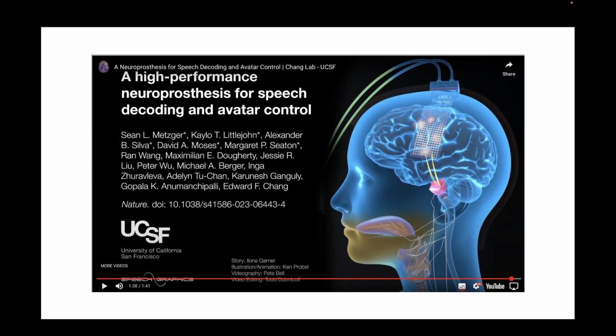In this case, the participant in this study was able to speak when she was in childhood. Her functions are fine except for her speech. She can still make the speech movements, where her tongue or vocal cords move, but she can't make speech which is audible to the people around. So what they did is, this multimodal data was sent to a deep learning model, trained on her speech which was recorded when she was a child, before she lost her speech. So they have the speech data,